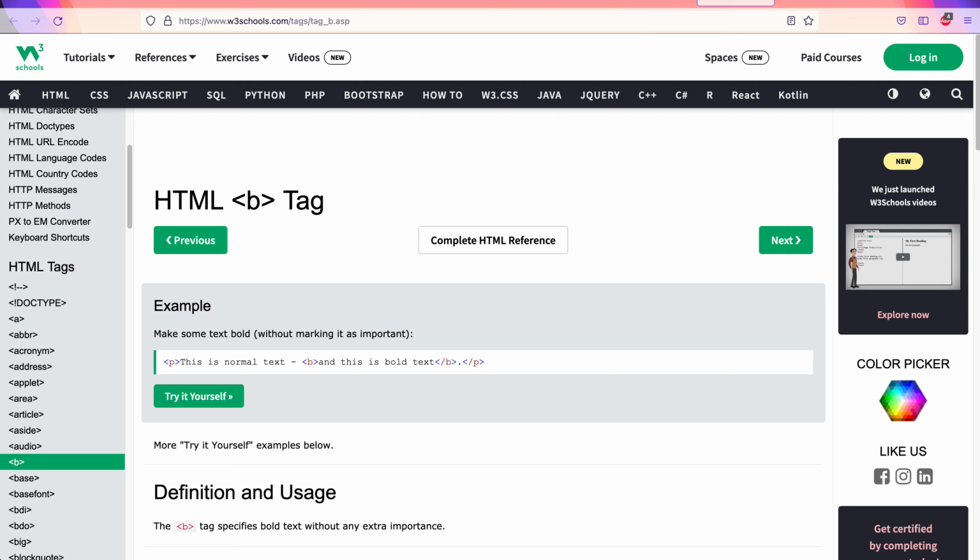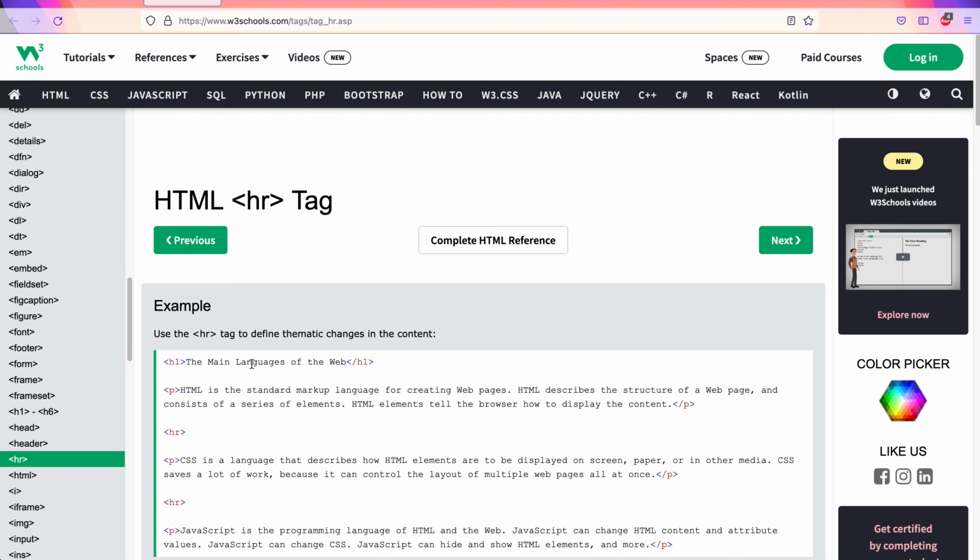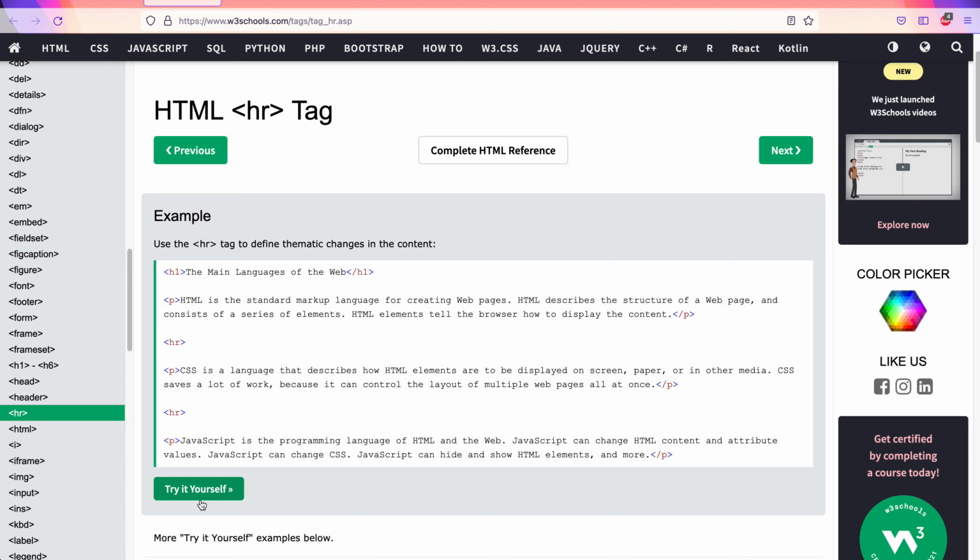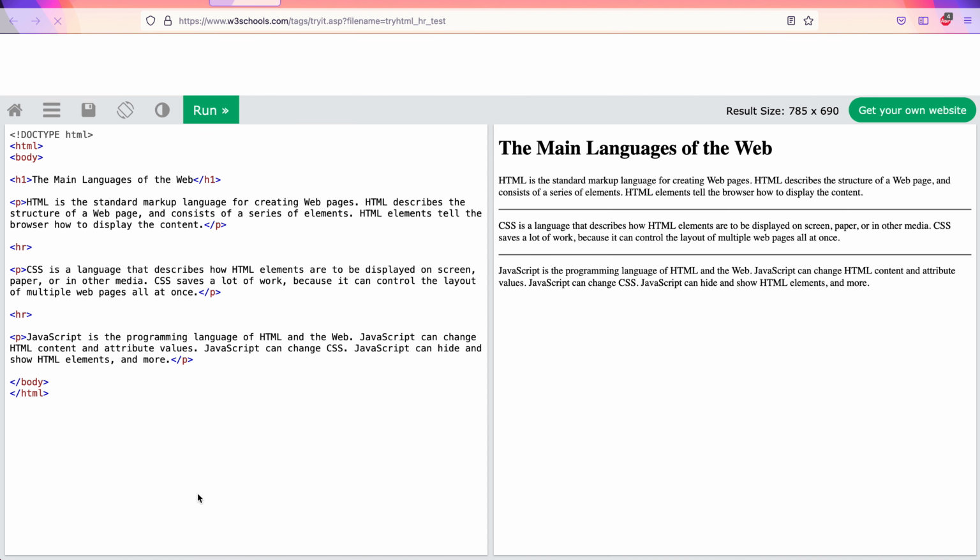The next one that we should see is the HR tag. What is an HR tag? If ever you want to put a line between two paragraphs, how do you draw a line? You draw a line using an HR tag. Just look at this example.